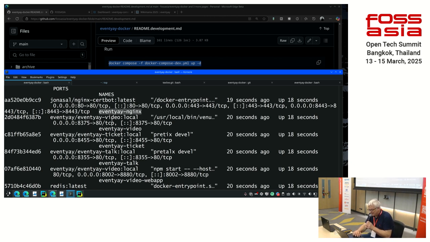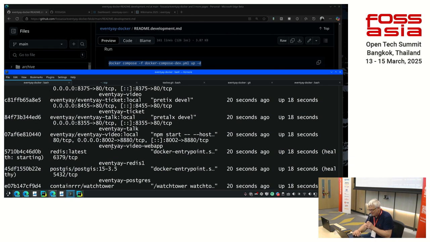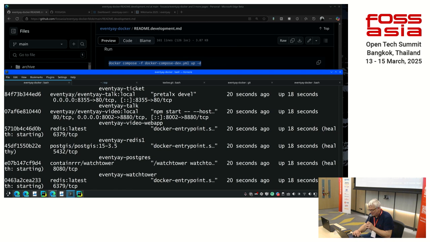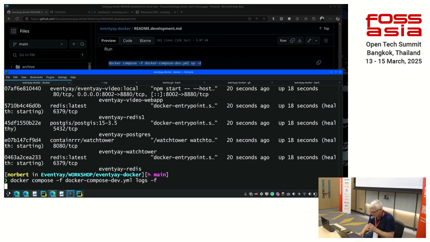And then there's the video component, the ticket component, the doc component, the web app video component, Redis, Postgres, and the watchtower. So everything runs. And then we can do docker compose -f docker compose dev logs -f. So then you see